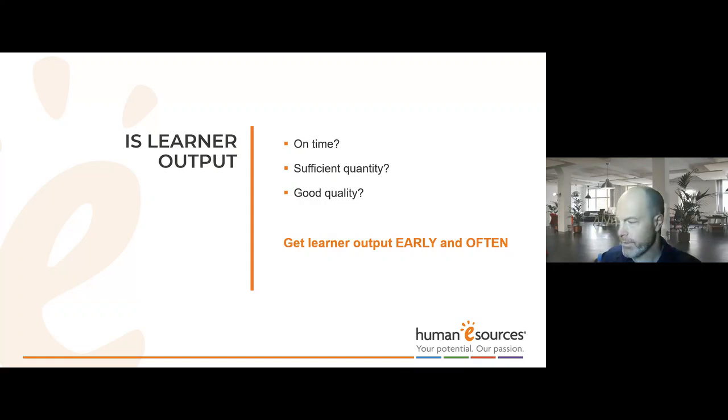But look, our students being on time to class, if it's in person or if it's online, is there a sufficient quantity of output from the student? That's what I'm talking about, learner output in this case, where they would be handing in assignments, completing readings, anything that you can measure in terms of their output. Are they completing the assignments in enough quantity and on time? And is it good quality? That would be a deeper level of it. So what is the quality of their output like?